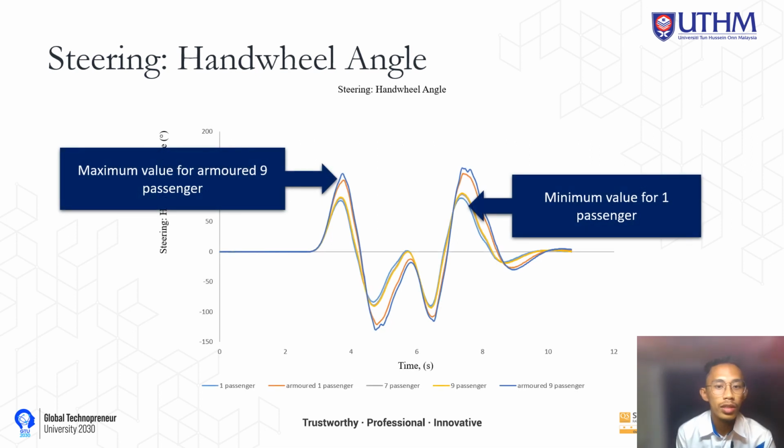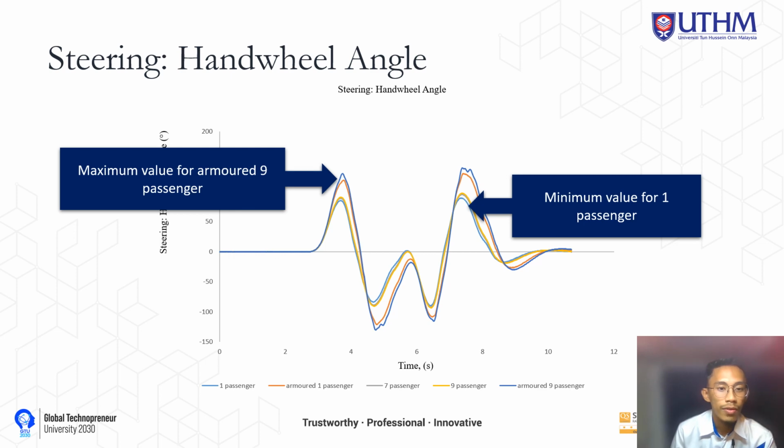Hand wheel angle. Steering plays an important role in a vehicle. The vehicle will follow the input from the steering. The steering will control the car to stay on the route and control the stability of the car. Steering can make sure the vehicle is always in control to prevent a crash.